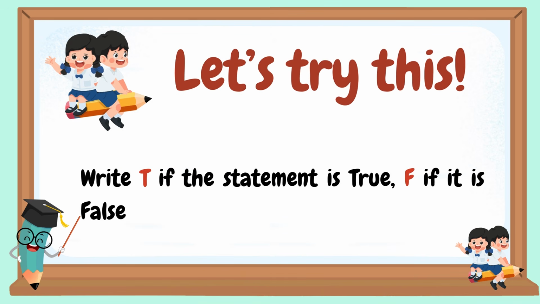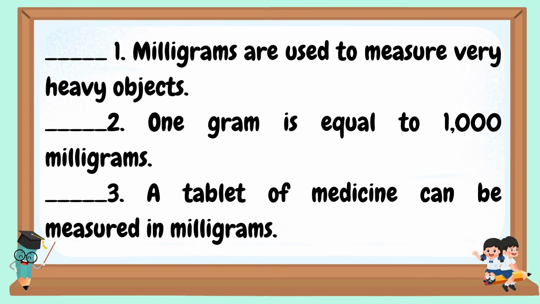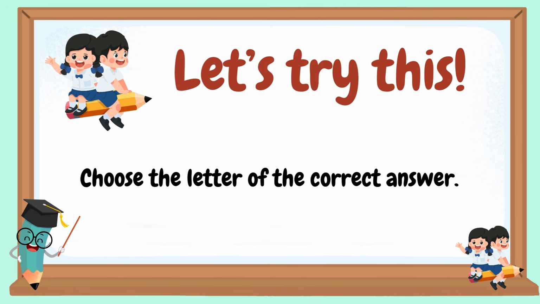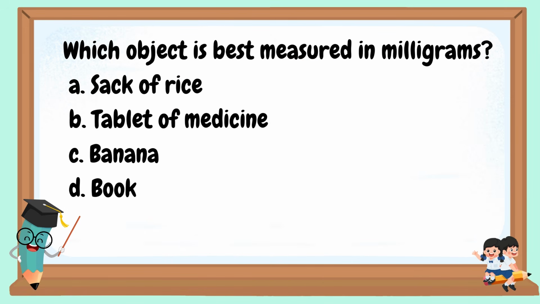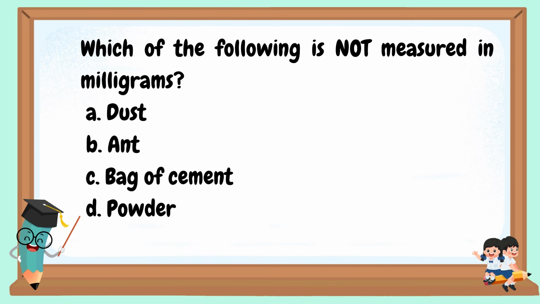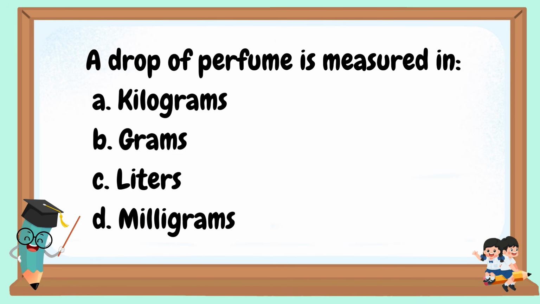Let's try this. Write T if the statement is true, F if it is false. Let's try this. Choose the letter of the correct answer. Which object is best measured in milligrams? 1 gram is equal to blank milligrams. Which of the following is not measured in milligrams? Which is lighter? A drop of perfume is measured in